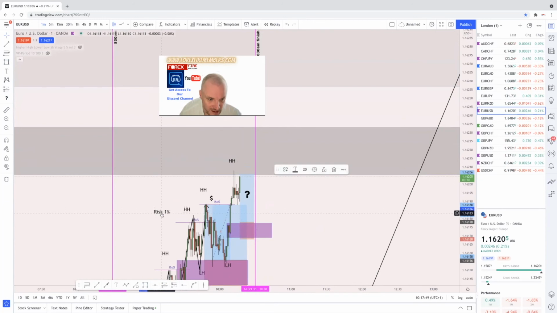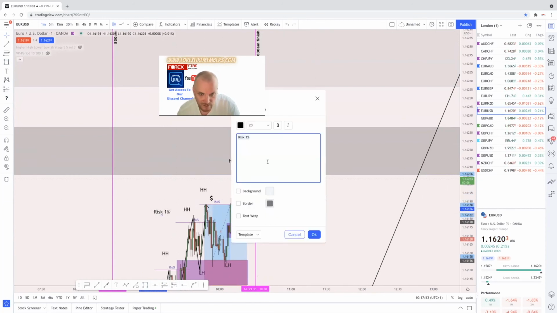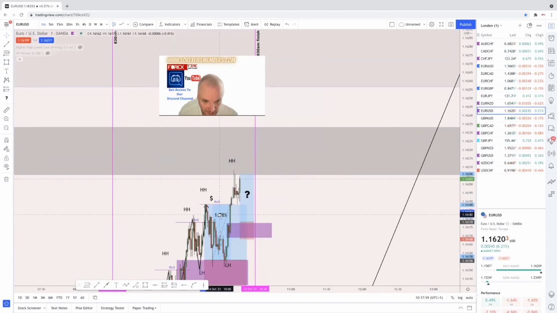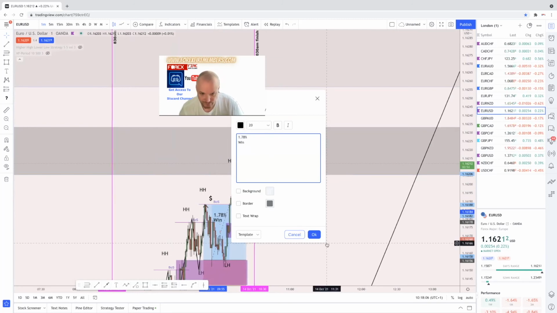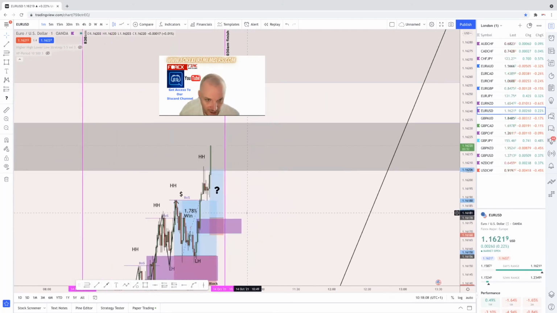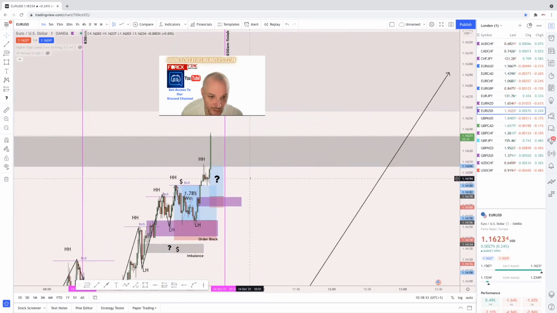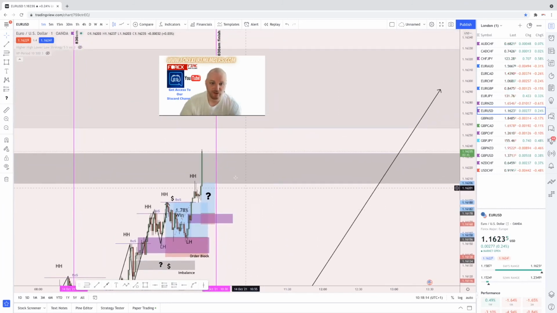Risk 1%. So that was a 1.78% gain. Okay, that came in. And you can see now, look at price. Price is now starting to rocket off. Really is starting to rocket off. Big drive up before the half-10 finish.